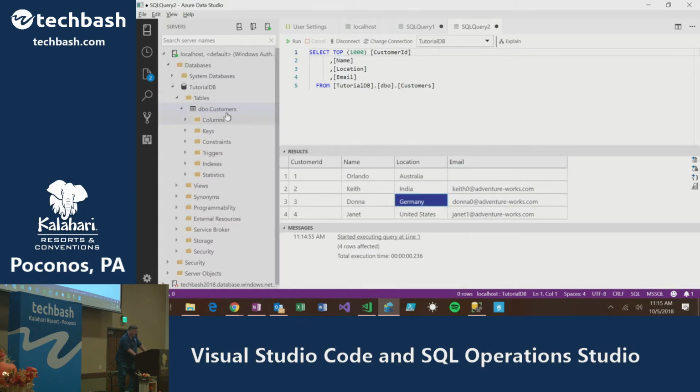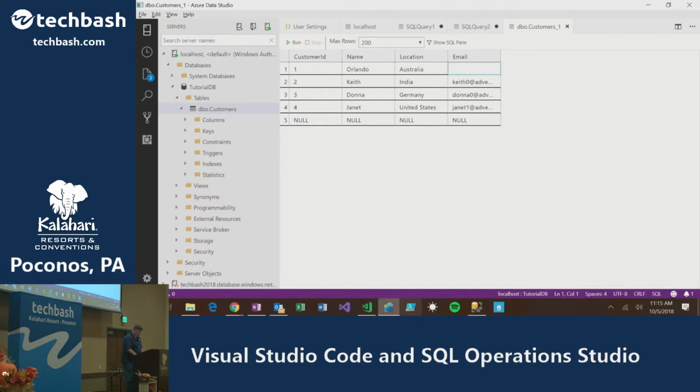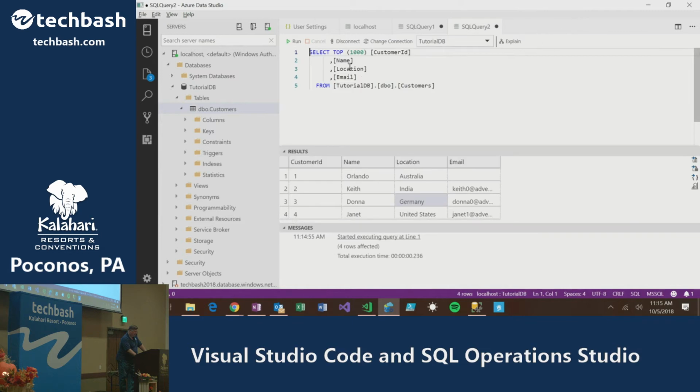The other thing I can do is right-click and say edit the data, and I'll make up a fake email address and press enter, and that actually committed that row to the database. And if I were to refresh the other query and run that again, you'll see that it now has the new data in it. So it's pretty useful.